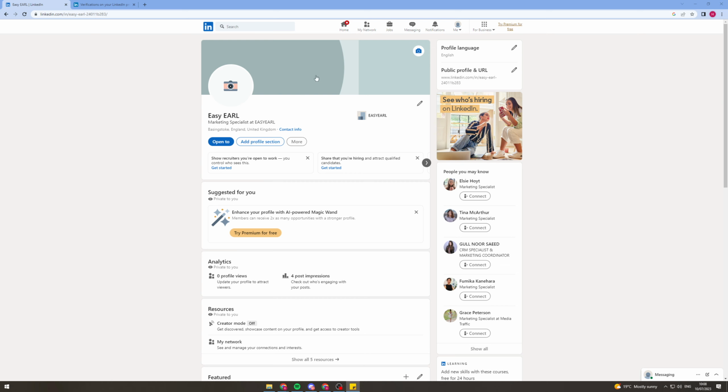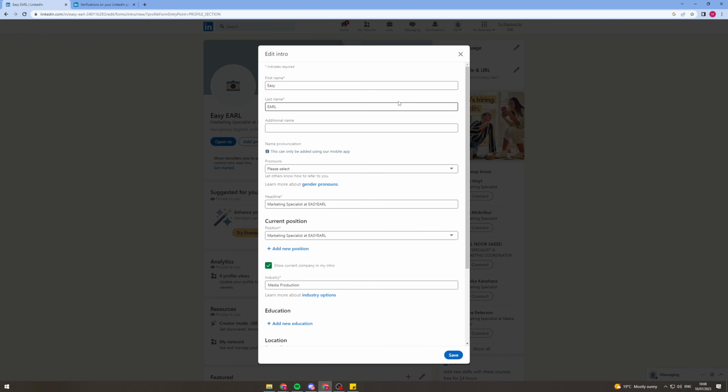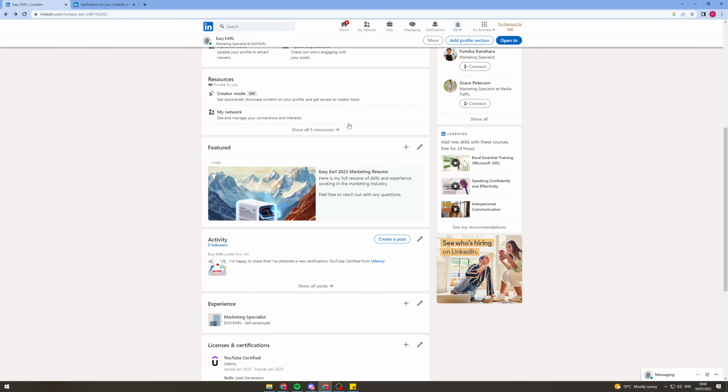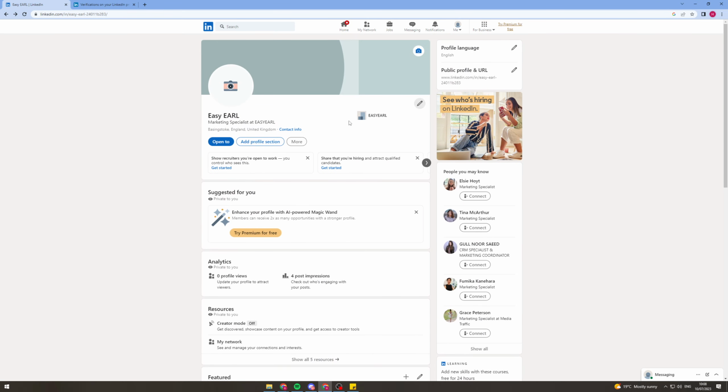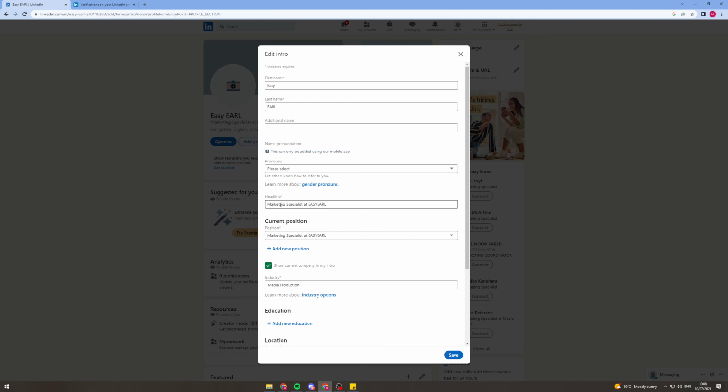The next thing that someone's going to see when they come into your profile is your headline. So the headline is one of the most important parts because it summarizes what you do, and people are most likely to read that out of anything on your profile. So make sure you're specific. Instead of just saying, I am a student, what you could change it to is, I am a